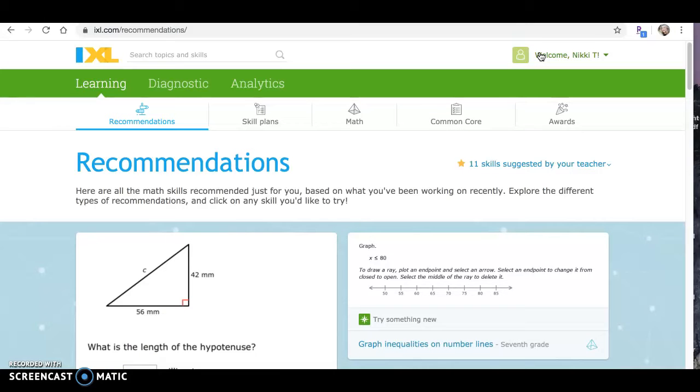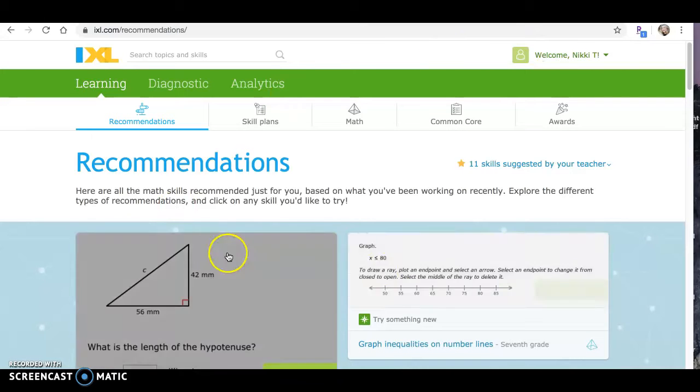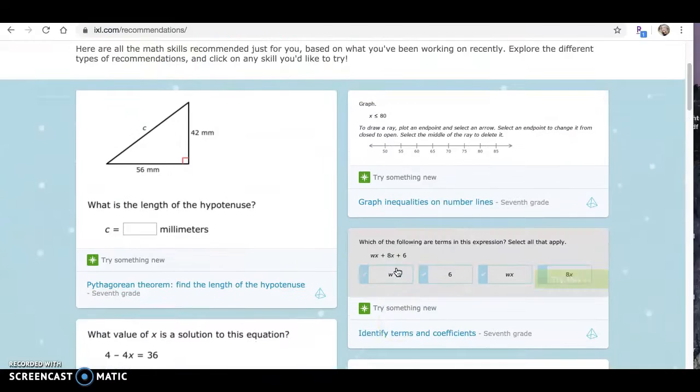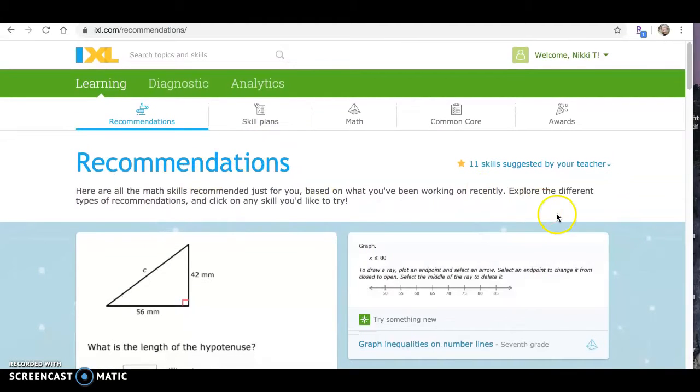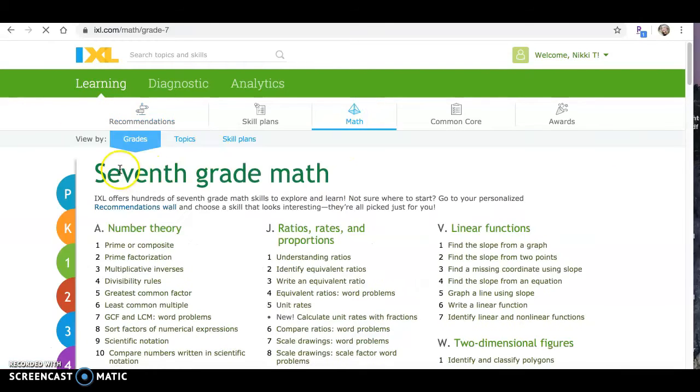So when you log in, you'll see something like this. I'm not sure if this stuff down here will be here for the first time that you log in, but I've already been playing around. This is the student account that I created for myself, so this is actually what you will see. What you'll do is make sure you're under the Learning tab, click on Math, and I